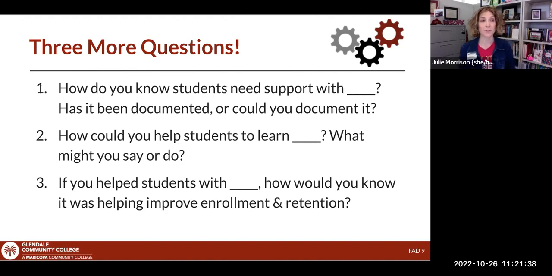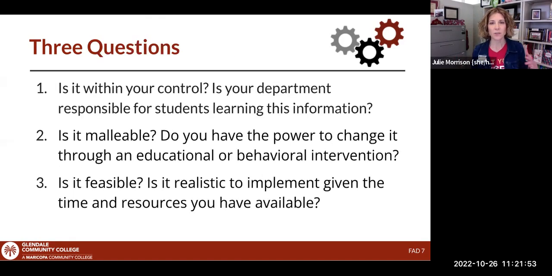Right, absolutely. Oh, and Chris is talking about the teaching college model. Well, exactly. There's this idea that we can be doing learning with students in every interaction. And I think that goes back to these questions, the control, the malleability, the feasibility, that the solution you may want, the ultimate solution that really fixes things, may be out of your control, may not be as malleable, may not be as feasible.